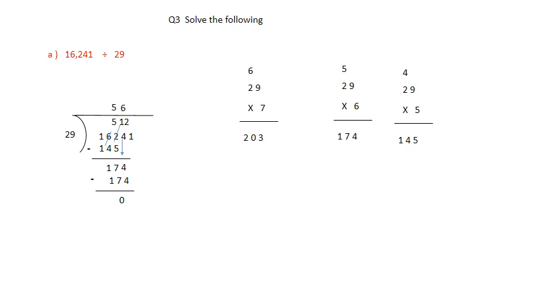Now still one number is left, so we will bring it down. So we got 1. Now if you see, here is 1, which is a small number. We cannot multiply by the 29 table, 1 will not come. In such a case, what will we do? We'll take zeros. So 29 zeros are 0 and your remainder is 1. So your quotient is 560 and remainder is 1. Okay student, I hope you have understood.